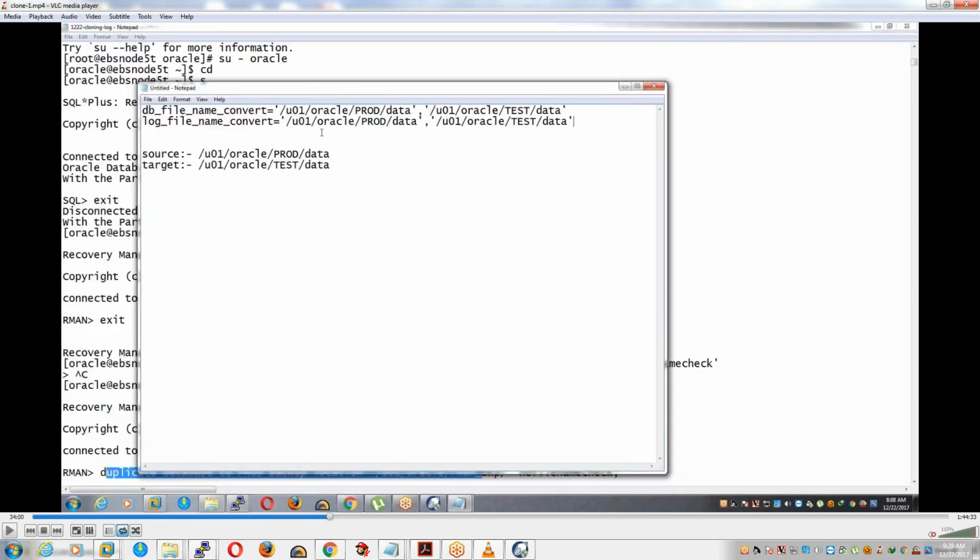Now, one important thing. In real time, our production file system and the test, development, or clone server file system will be different. So in that case,